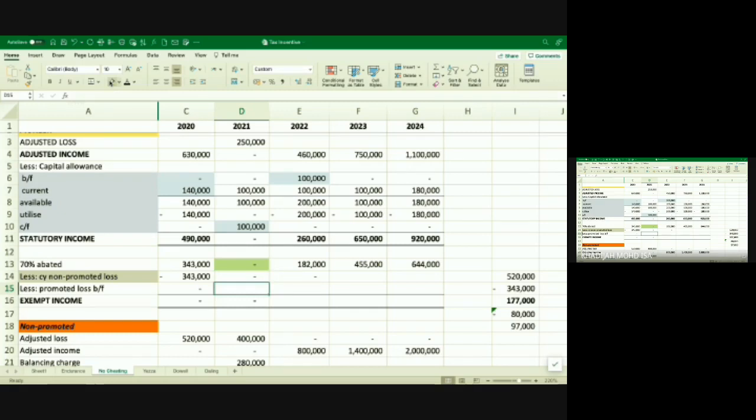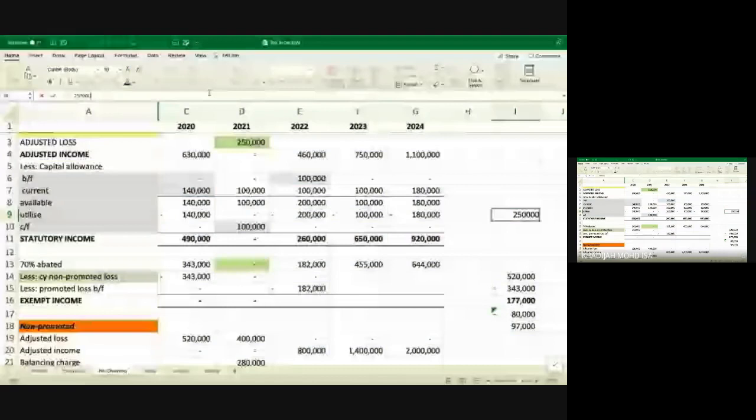And you do have your losses from your promoted, but again, how much is the loss? 250,000. You do not utilize your 250,000 in 2021, but what happens is that you carry forward that 250,000 to the next year. So next year you have 250,000 there. But next year you have income of 182,000, 250, what does that mean? You are not going to utilize everything. So it means that if you have 250,000, I think I wrote it somewhere else.